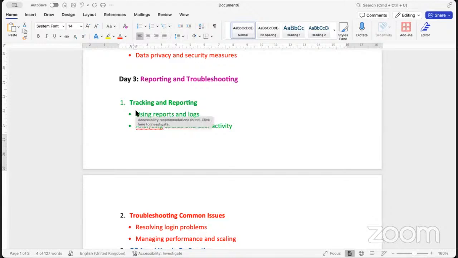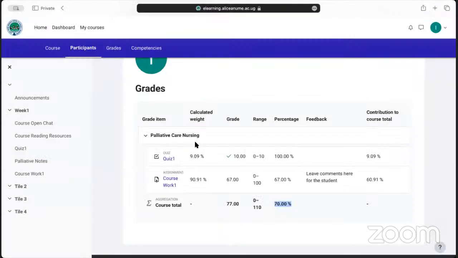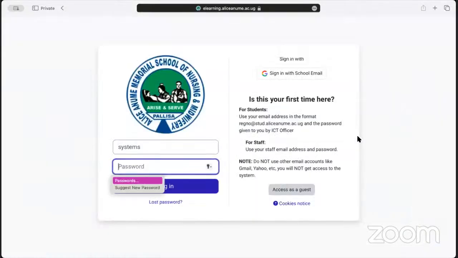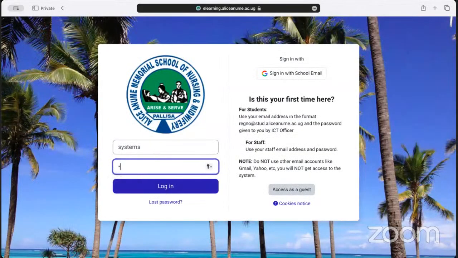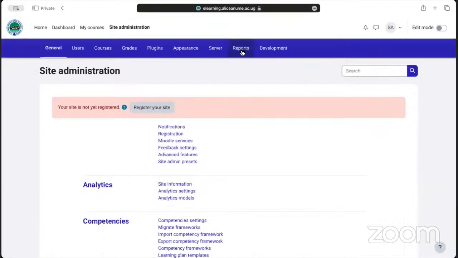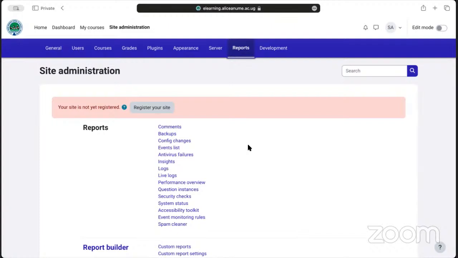So I need to log in as a person who has privileges. So imagine I'm an administrator of the school. I want to see how people are using the system. I log in, I go to site administration. I go to reports. Now these reports,